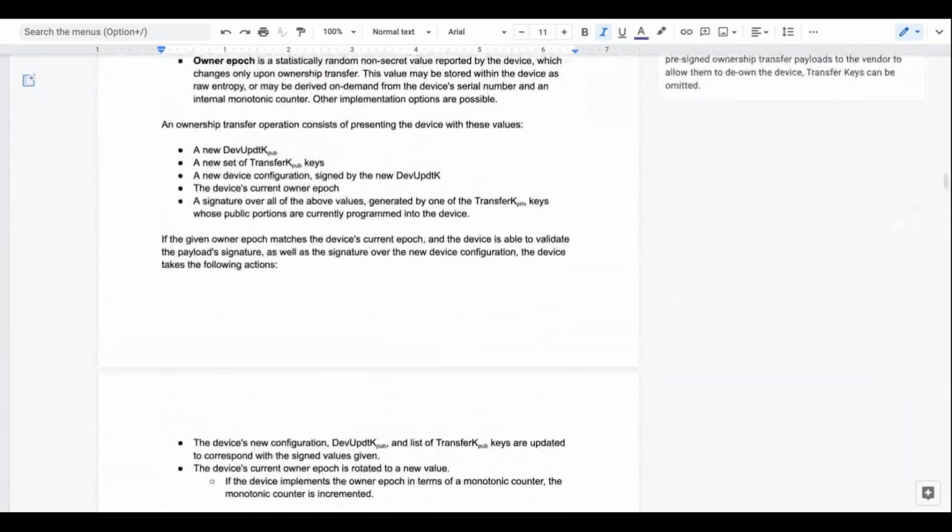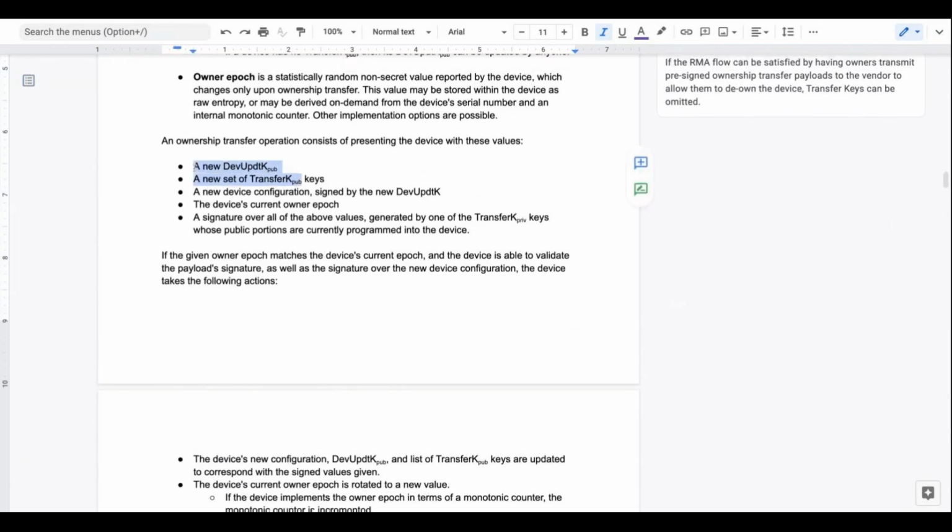You could still do some kind of RPMB mechanism to be able to store lots of data. Well, I guess you wouldn't store lots of data, but you could authenticate lots of data and have anti-rollback there. You would need to store those bits somewhere else, though. You could imagine that all this data, the dev update kpub, transfer kpubs, configuration data, is stored in some flash chip next to the device, and then it's HMAC'd with some kind of monotonic counter stored within the device, and that collapses your space constraints. But that might not always be feasible. Maybe you don't have a flash chip next to you that you can use.